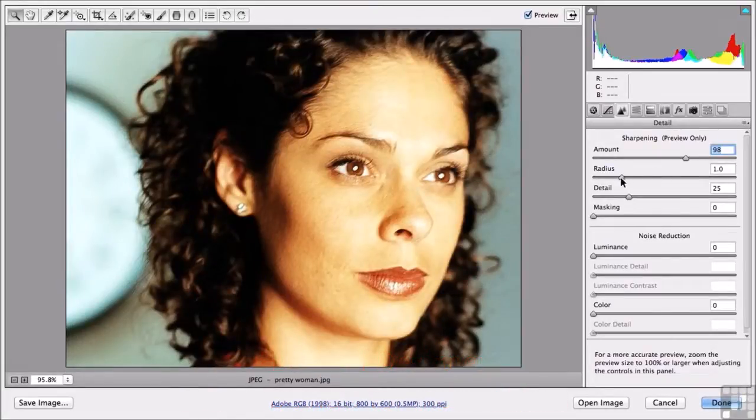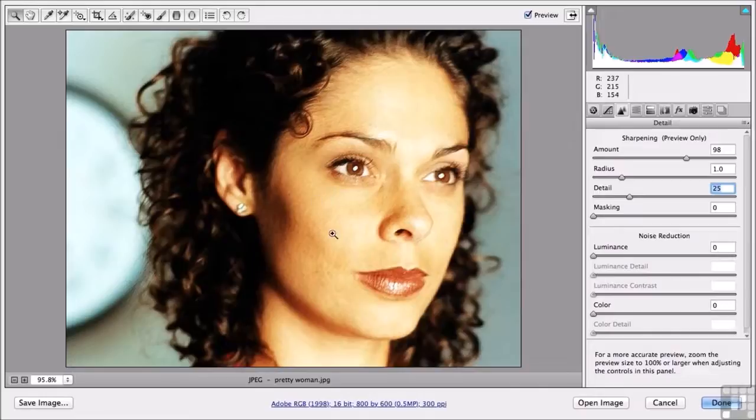So if we take that up, watch what happens. Either there, all the way up that way, or down this way. Let's take that to about a 1. That's about where I want it. Detail is how much detail in the sharpened areas, and we can take that up or down. And I think I want that about, say, there, 25. Now the problem is, if I turn that off, it's still sharpening areas I don't want it to sharpen, like